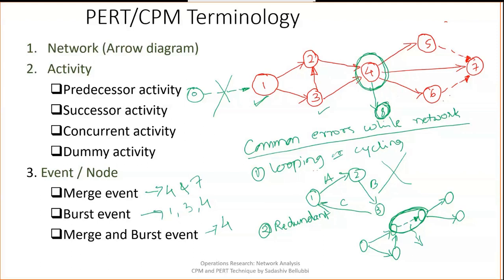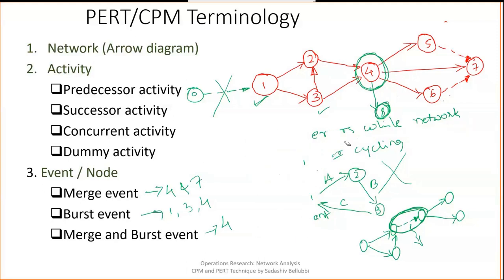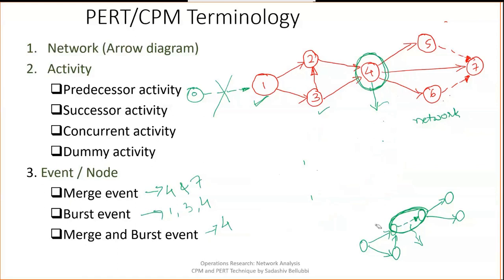At the same time, I will show other cases also. While drawing the network, we need to use straight lines only. Inclined is okay, but we need to use straight lines only. For example, it is one activity, and the same activity is finishing at another node. So it is 1 and it is 2. If you say it is A and B, and I have drawn curved lines, it is not acceptable.